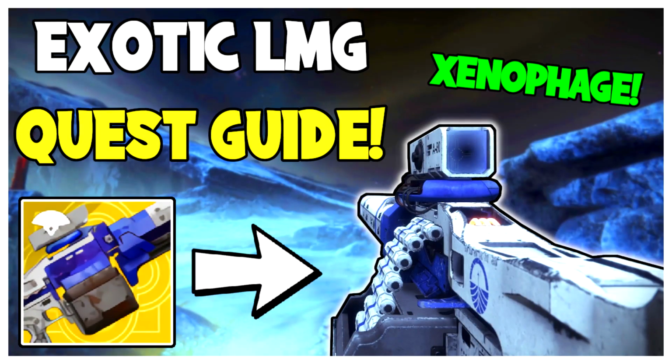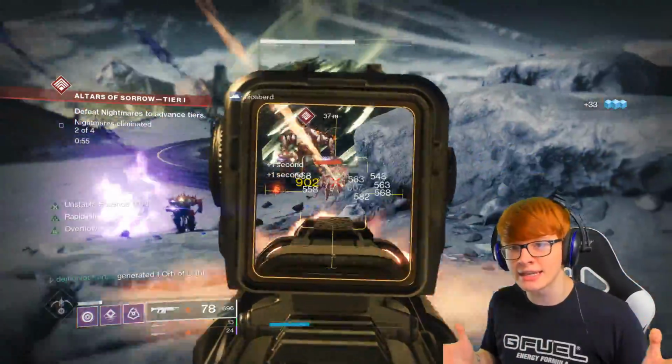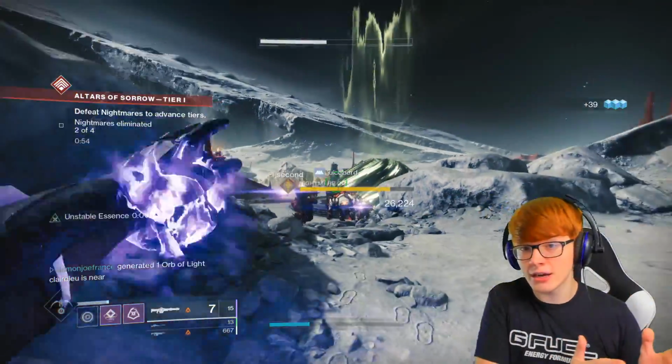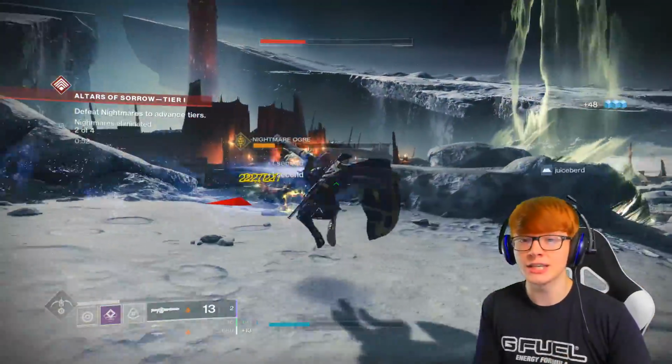Now, the Xenophage is one of the most popular exotics in the game, as it's really effective in practically any of the content in Destiny 2. You're talking about Gambit, use Xenophage. You're talking about Garden of Salvation, use Xenophage. You're talking about even sometimes in Crucible, I guess you could be an asshole and use Xenophage,